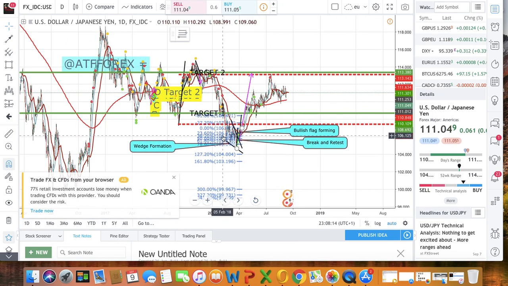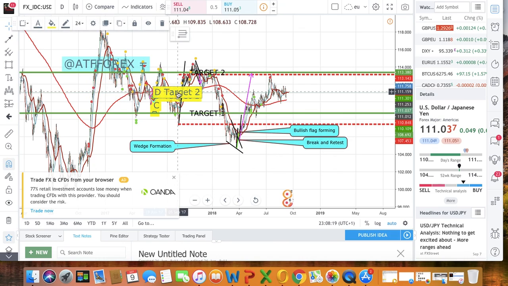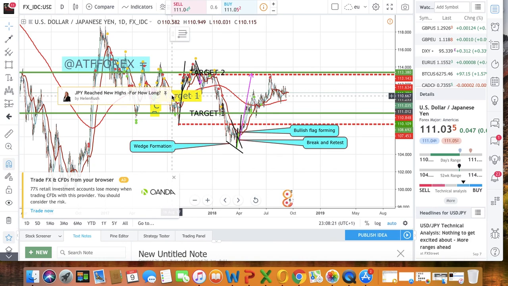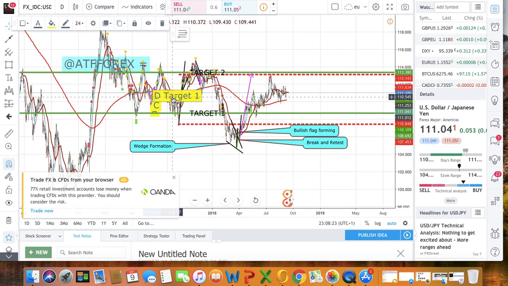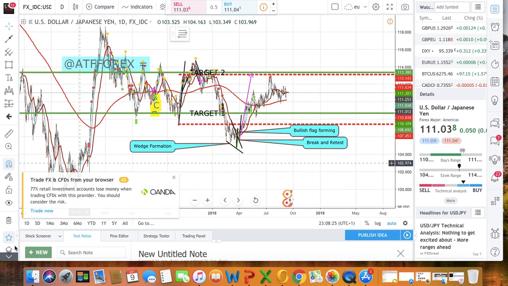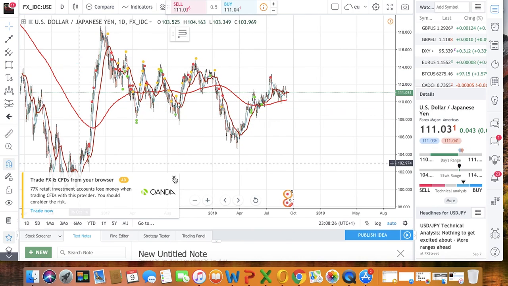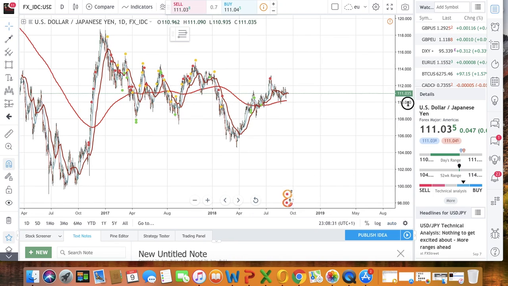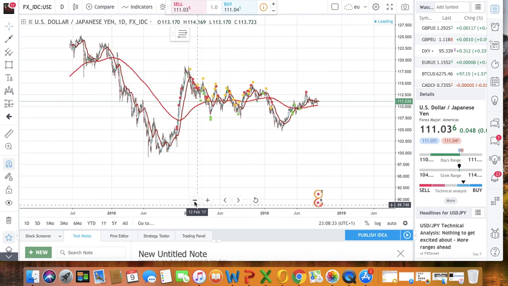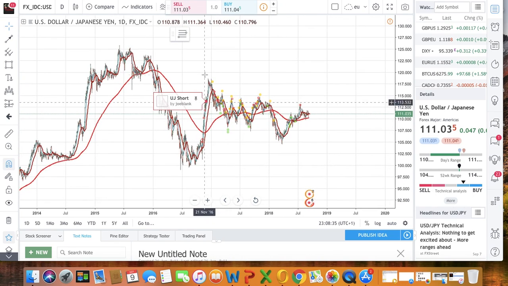There we go. So going on to one of our charts again, if you go on our Instagram you can see this chart. We called this move back up to 113 quite nicely. I'm just going to delete all the stuff on here so it's nice and clear for everybody. Great. So looking on the daily time frame, what we need to have a look at right now is this